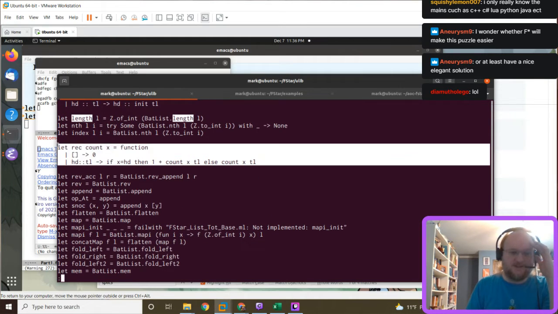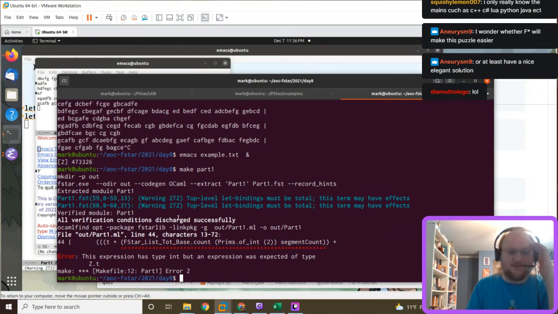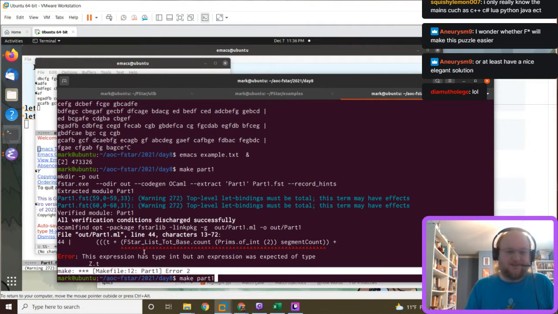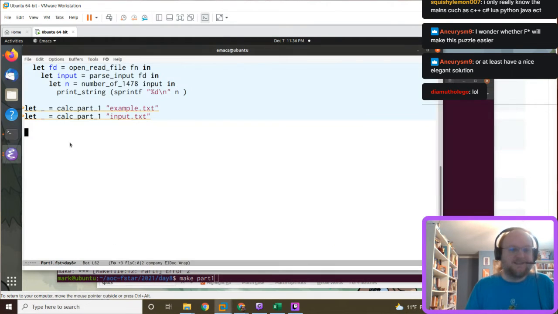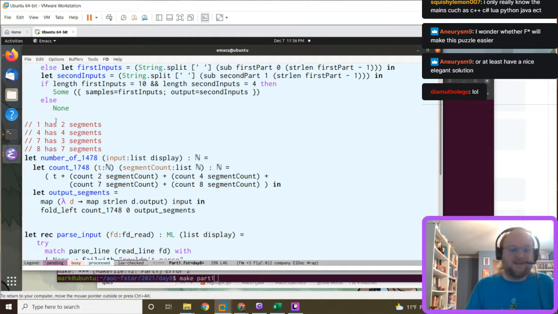Whereas the count function doesn't wrap it, and I think that's what it's complaining about: you're trying to add a special integer with the normal integer. All right. So I'm gonna copy this and report it as a bug later tonight,